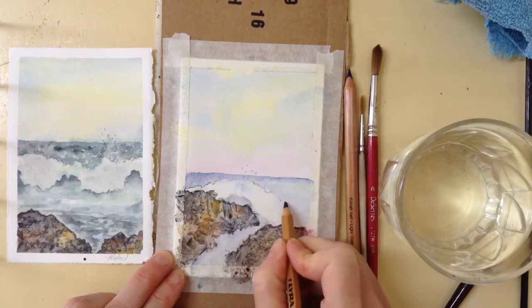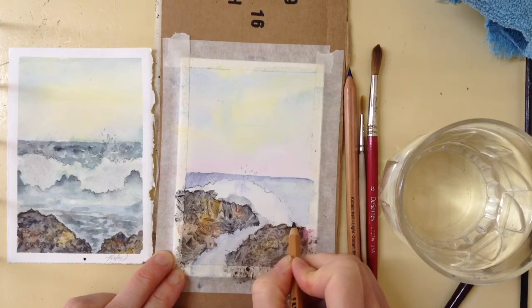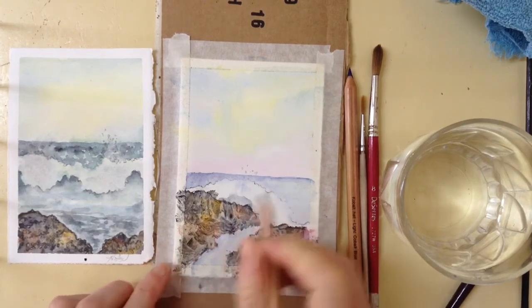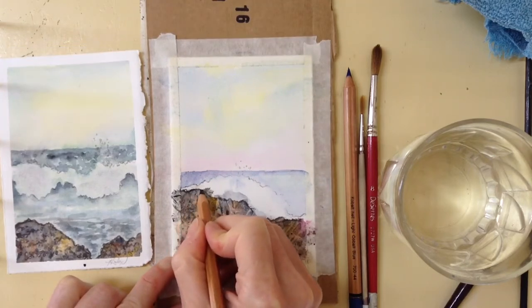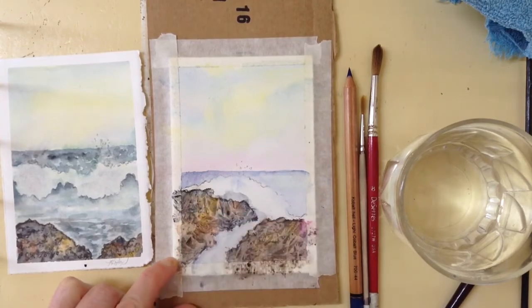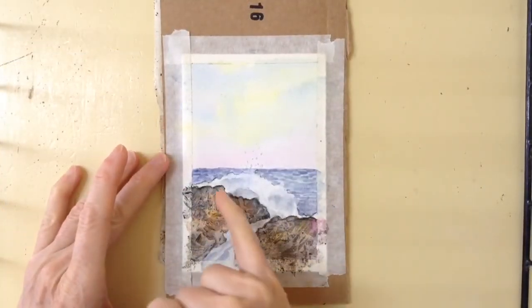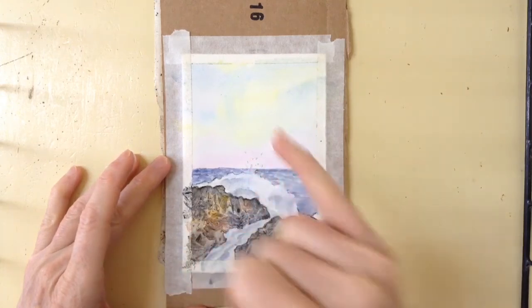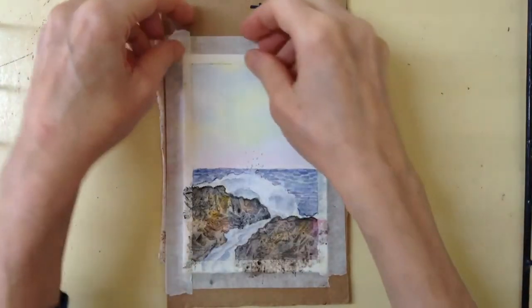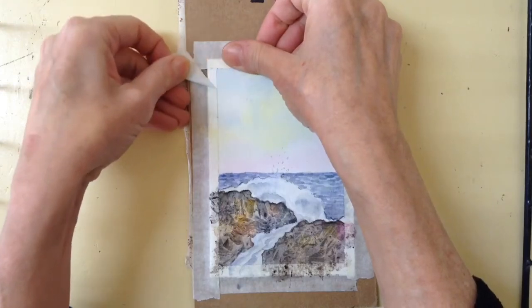And you can lift your pencil off completely if you want it to be a little more natural looking. You don't want it to be too perfect. And then here too, we can define the lines a little bit like that. So here's the finished painting with all the little lines defined. I did some little lines to show that the water's streaming in and the little bubbles splashing up from the rocks. So now the final touch is you have to remove the tape, and we actually pull the tape away